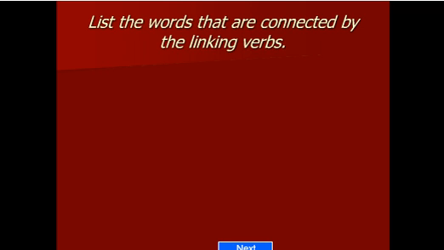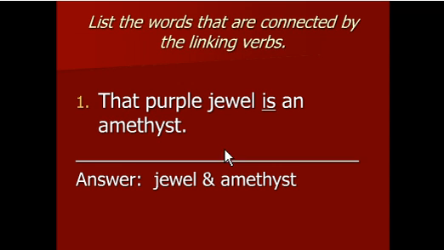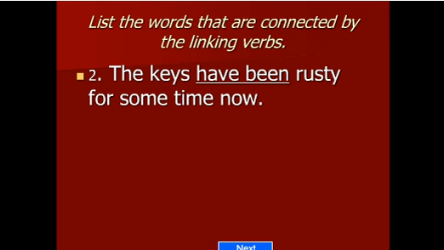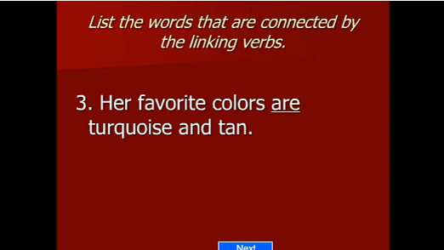Now let's list the words that are connected by the linking words. So we've got that is the linking verb. What does it connect? The jewel to the amethyst. Right. And again, the keys have been rusty for some time. Have been is the linking verb, connecting keys and rusty, because the keys are rusty. And again, her favorite colors are turquoise and pink, so are is connecting